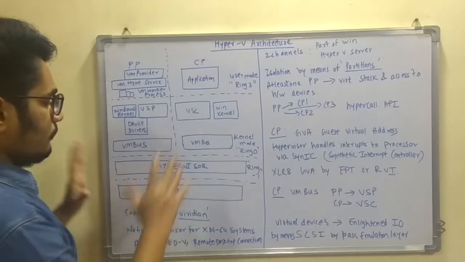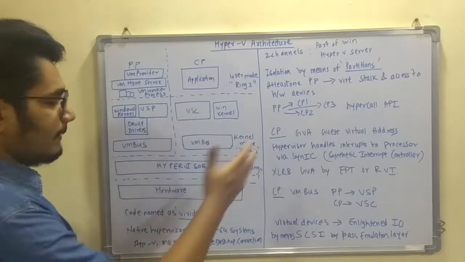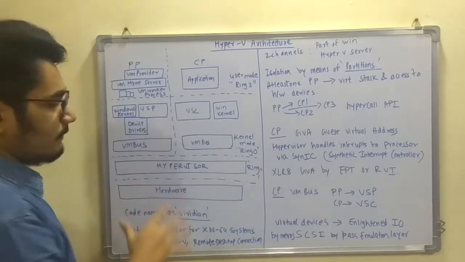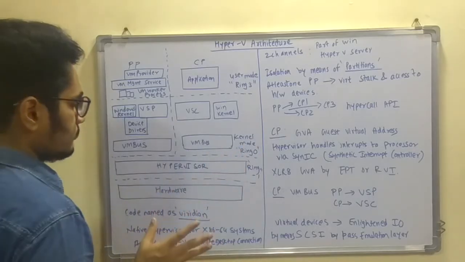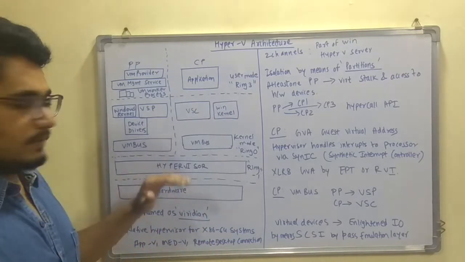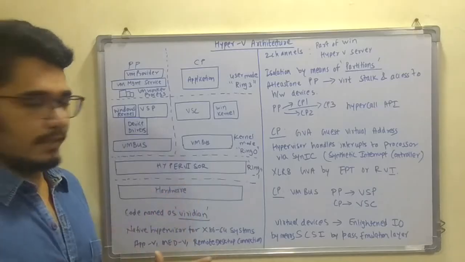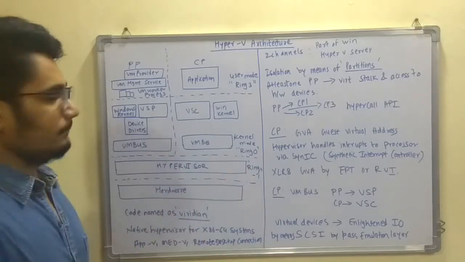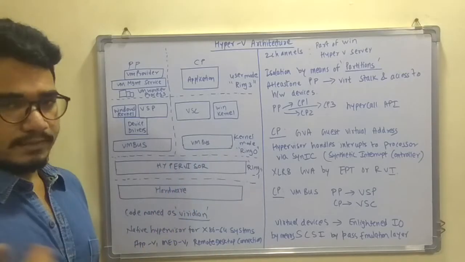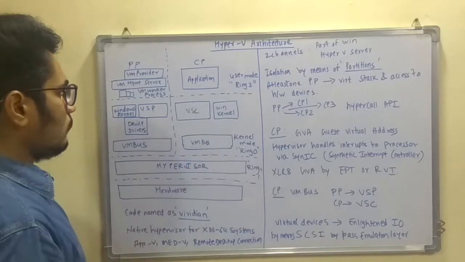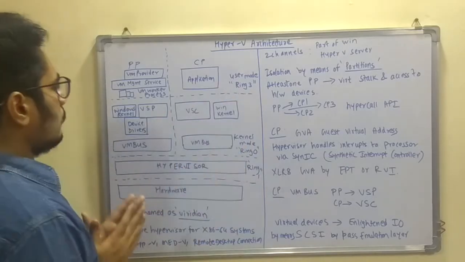you have the hardware. Now you can compare this diagram with the bare metal and the hosted architecture, which I have discussed in my previous videos. This part remains the same, and in Hyper-V this is classified into rings. Now moving above, at the kernel level, we have ring 0, where we have these many components.